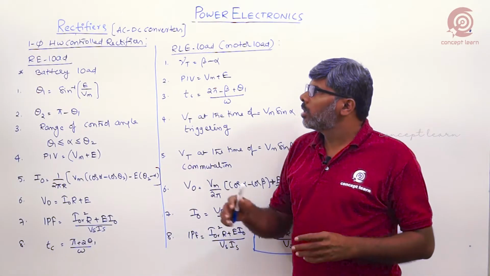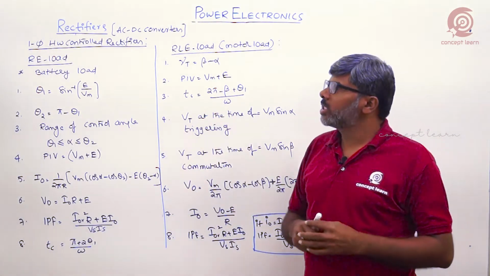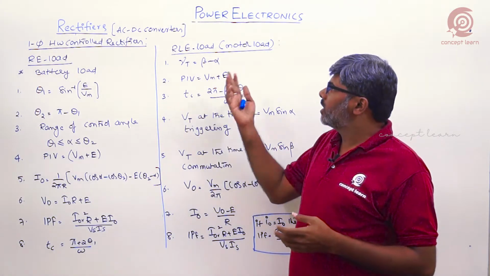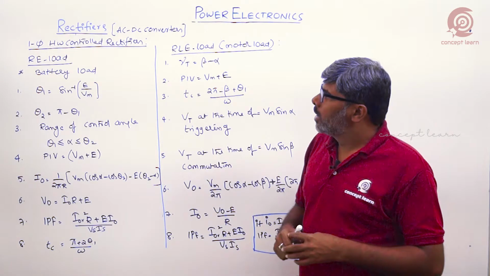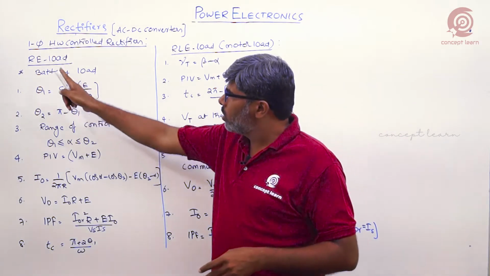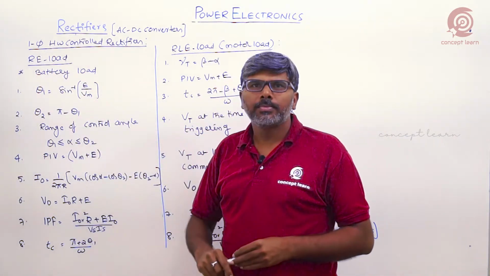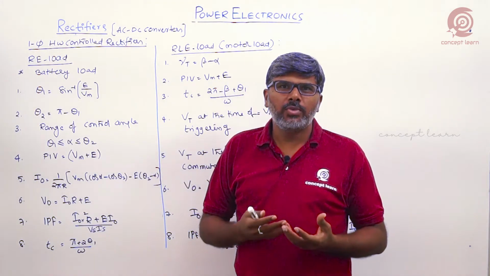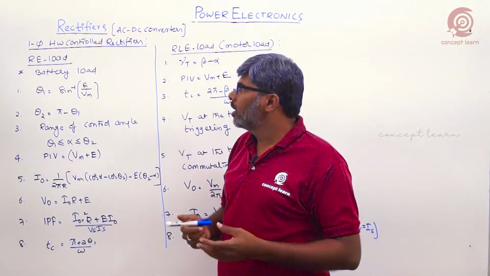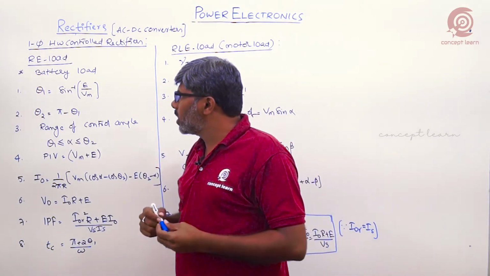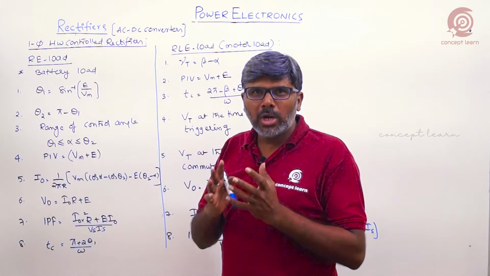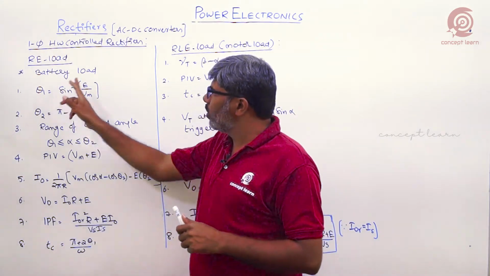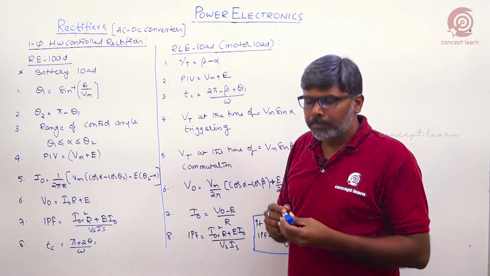So now, let me talk about the single phase half wave controlled rectifier feeding power to RE load as well as RLE load circuits. When you come to the RE load, this load is nothing but a battery load. Then what is the analysis of a half wave controlled rectifier feeding power to a battery circuit, a battery load? A very important thing in battery circuits, when the load has a battery, is common for RE load as well as RLE load.